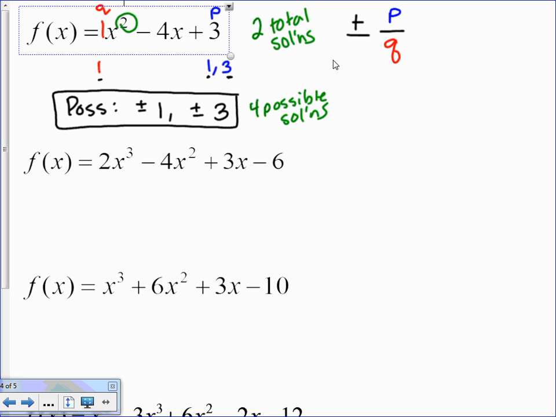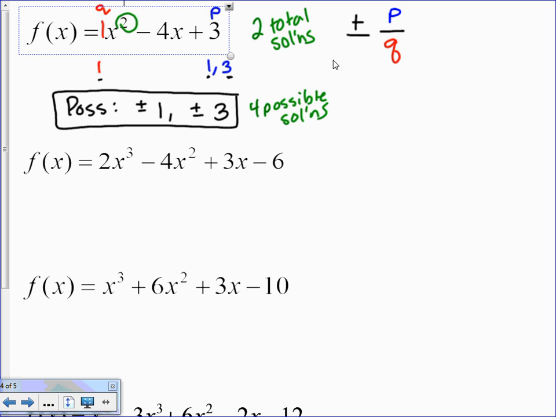Now, some of you can look at this polynomial, x squared minus 4x plus 3, and say, I have factors of positive 3 that add to make negative 4. Negative 1 times negative 3 adds to make negative 4. Negative 1 plus negative 3. So this could factor out as x minus 1, x minus 3, and then the 2 solutions would be positive